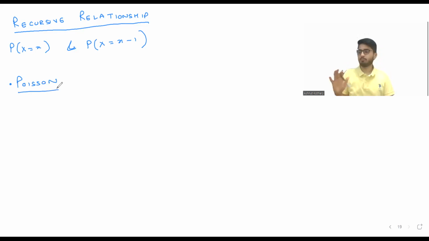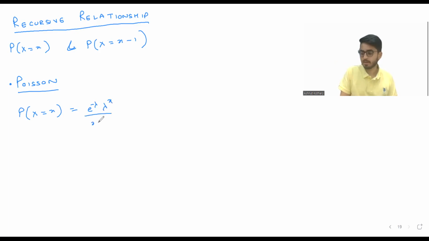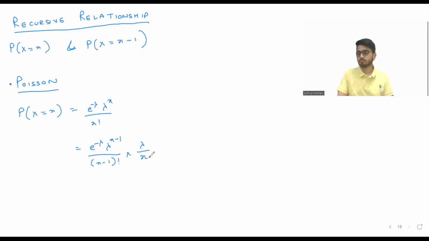So let me take an example of Poisson to show you what I'm trying to do. Probability x equal to x is e to the power minus lambda, lambda to the power x by x factorial. Can I write this as e to the power minus lambda, lambda to the power x minus 1 by x minus 1 factorial into lambda by x? This is nothing but lambda by x into probability